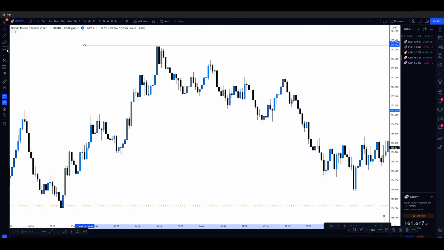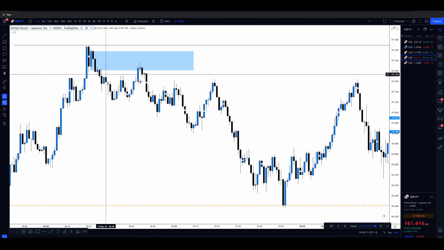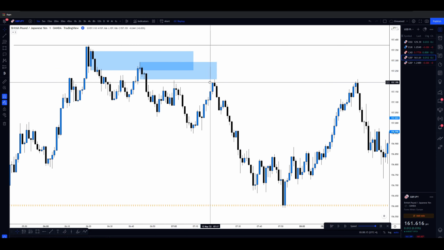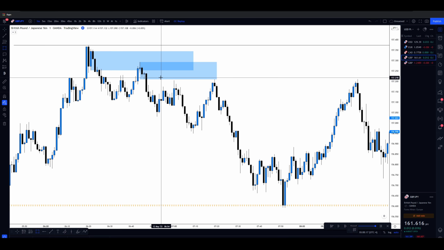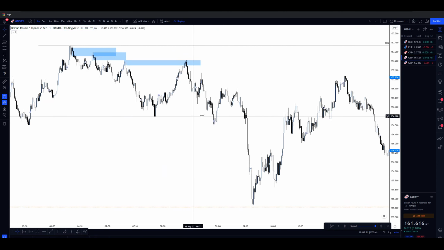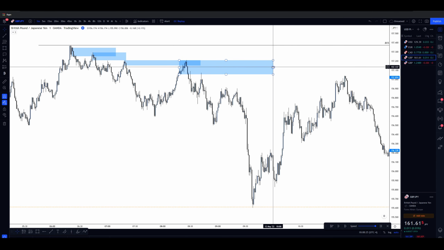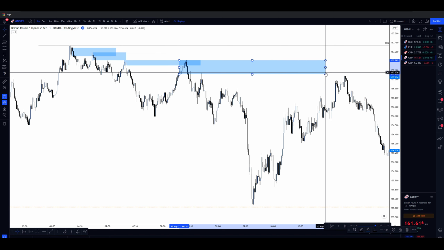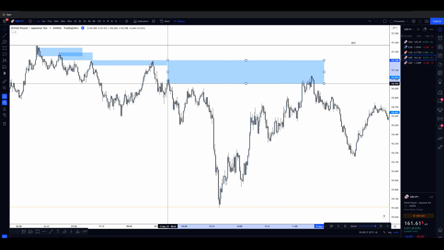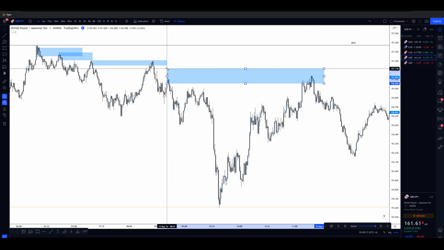From an institutional perspective, we can see that there's a break of structure, and then there's people looking to sell this. And then there's people that are literally just following the supply. They're constantly setting limits and just basically following this downtrend. And it's successful. We all know that this is successful and it works. It continuously works. Price action comes into the next supply zone, mitigates it right over here, and then it goes